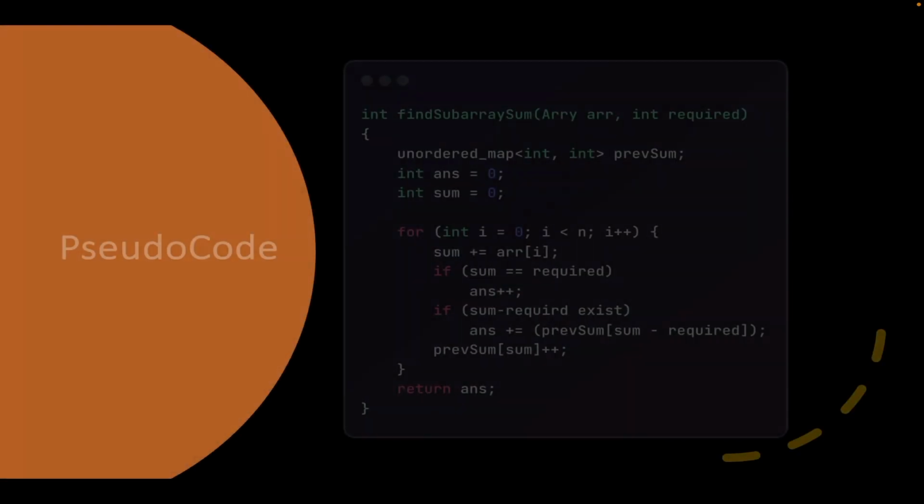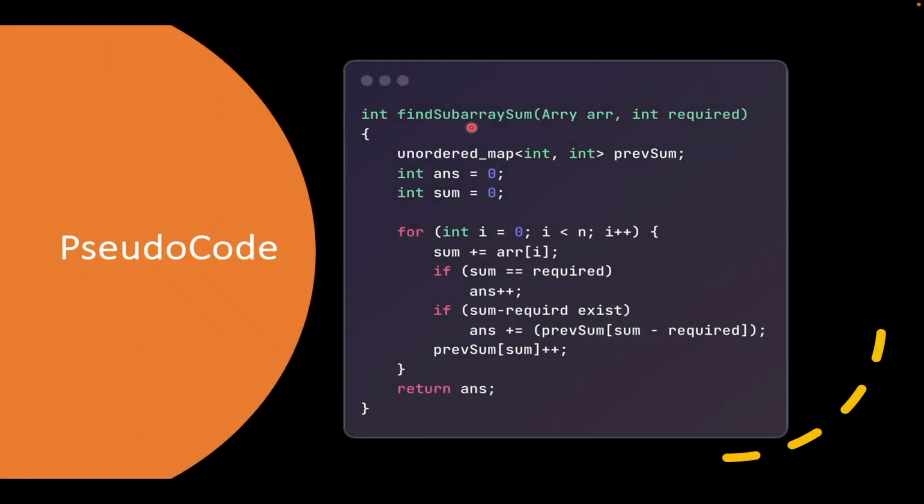Let's see the pseudo code. So this is our function. We have an array arr and the required, which is the required subarray sum. We make a map. This is our answer, which tells us how many times the subarray sum exists. And this is a variable which stores the current sum so far. So we iterate over the loop, we add to the sum,